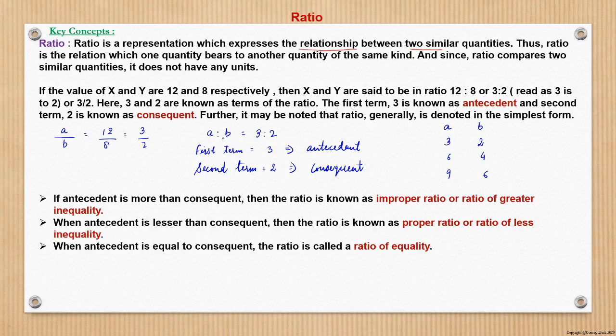And this is true only when we are finding the ratio of two objects. If it becomes a ratio of 3, then this may not hold good. Now, a few standard things which may not be very important, but just for the sake of knowing theoretically, we just go through them. If the antecedent is more than the consequent, let's take an example: A is to B is equal to 4 by 3. Another, A by B is 5 by 13. And a third, A by B is equal to say 2 by 2, right? So what happens here? In the first, the antecedent is more than the consequent. So this is an improper ratio.